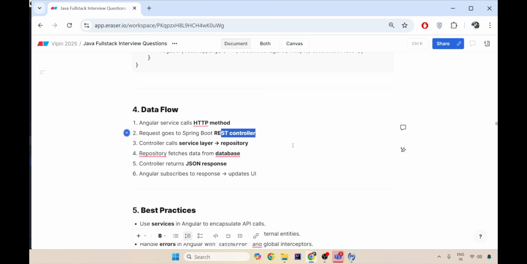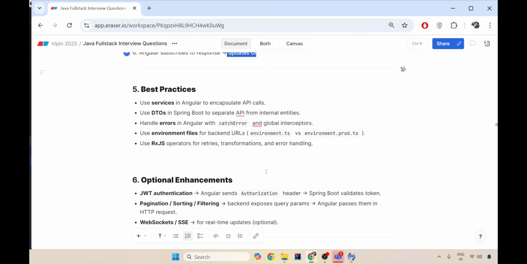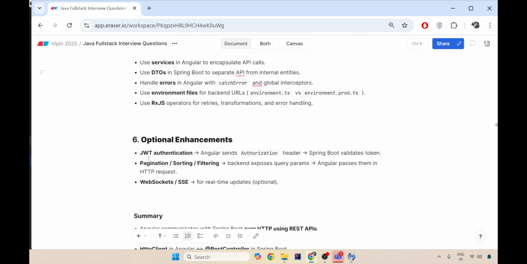So it will give a call to the service layer and repository layer. It fetches the data, the controller collects the response in JSON format and sends it to Angular. Angular subscribes to this, and as soon as it gets the response, it creates its custom response DTO and updates the UI based on the response you give. Now the optional enhancement for both of the communications is to make sure that Angular sends a proper JWT token in the authorization header, and it should be the task of the backend, that is Spring Boot, to validate that token, either offline or online. You should also have the pagination logic available for your backend and front-end communication.